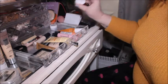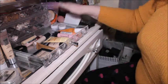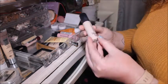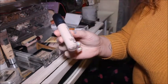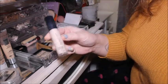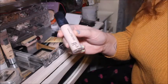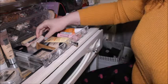We've got the NYX White Basin and the W7 Get Set. They just always stay in there. This concealer is on the chopping block, so we've got the e.l.f. 16 Hour Camo Concealer in the shade Fair Rose. I don't like the way this looks on my under eyes. I'm going to try it one more time, and if I don't like it, I'll start using it for an